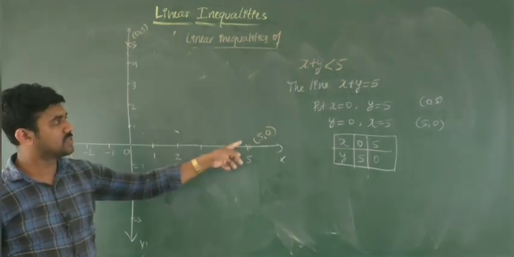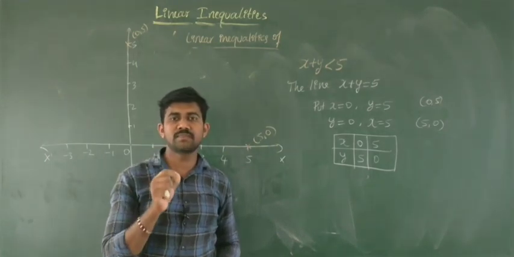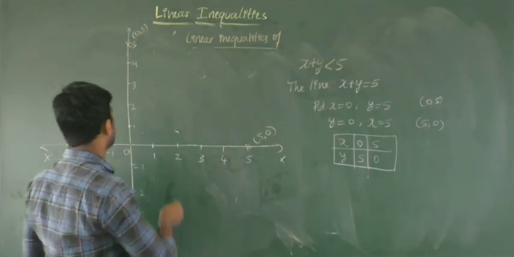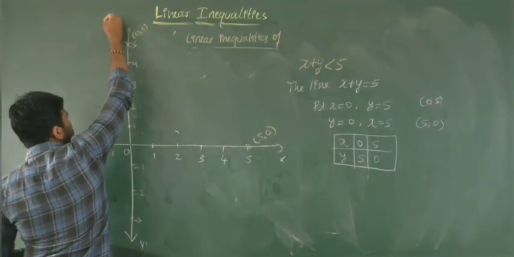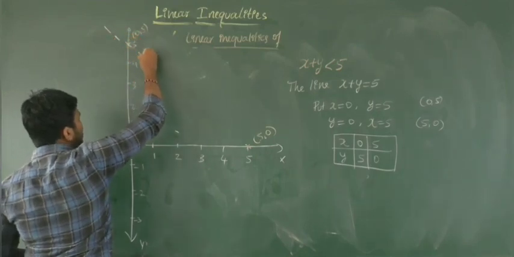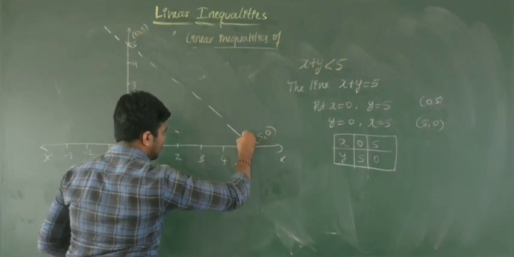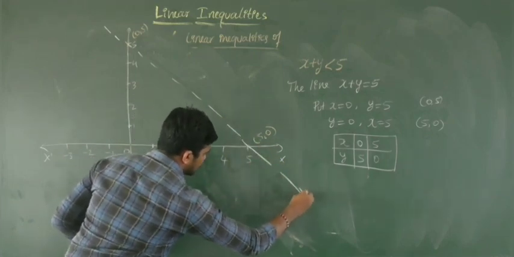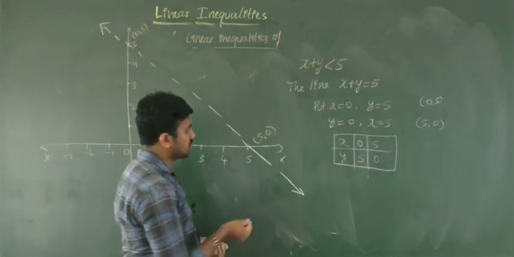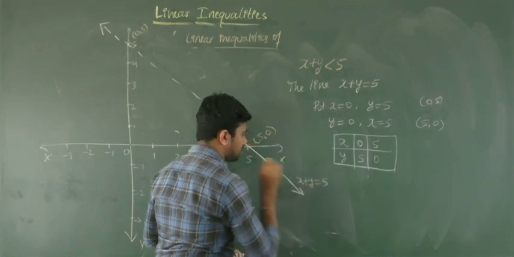Now join the points. Here, since you have a strict inequality, join the points by using a dotted line or broken line. Broken line use ಮಾಡಿ. Okay, so how to join? See, using a scale. Okay, you get a straight line here, you can observe. Like this. Put the arrow mark at the end. Okay, so this line is what? X plus y is equal to 5.